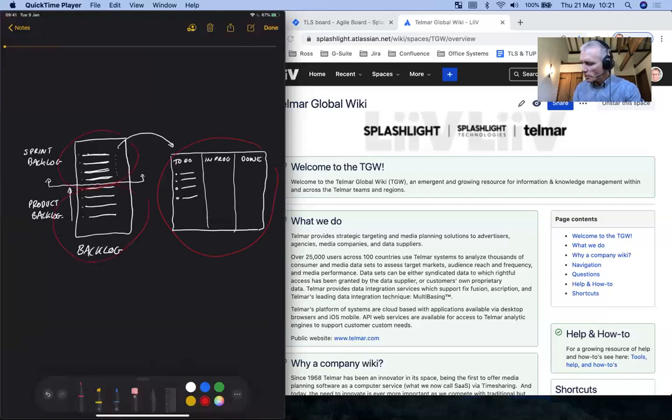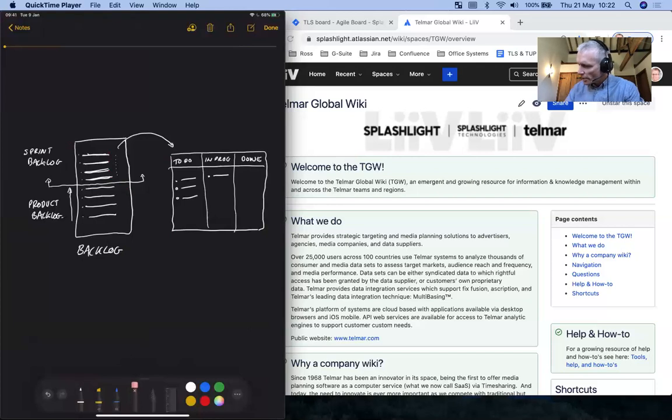So right now, I'm just setting some basis of understanding. At the start of the sprint, these 1, 2, 3, 4 stories, 4 or more, appear in our to-do column, our first column over here. And then as we move through the sprint, these will get picked up and moved. So let's say we pick up this first story and it's going to go into in progress.